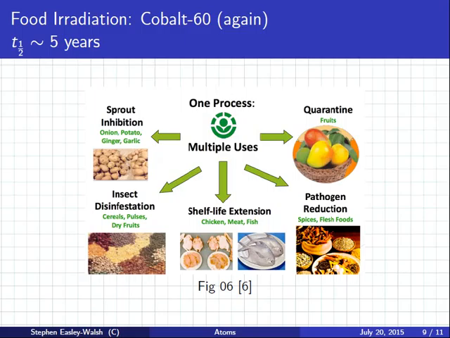Food irradiation. As you know, when you're growing fruits and vegetables, there's a possibility that the fruit and vegetables will become contaminated. Some insects, some animals might contaminate the fruit or vegetables. So one way you can clean the fruits and vegetables and the meat and the fish and the food and all this is you give it a nice